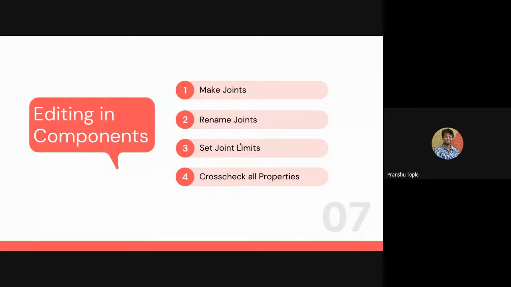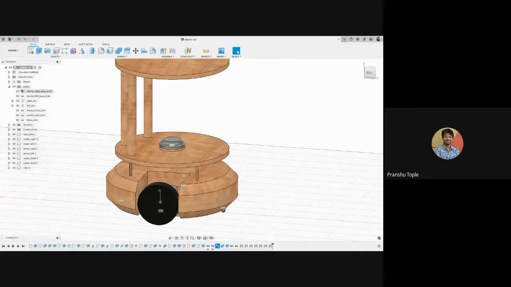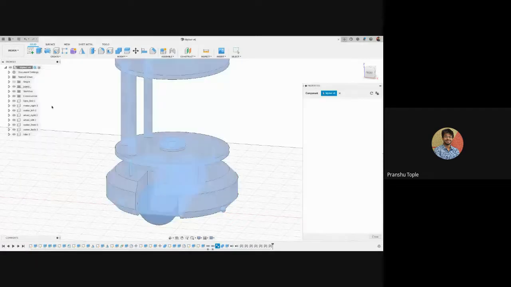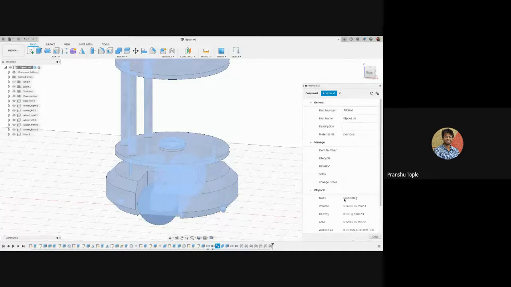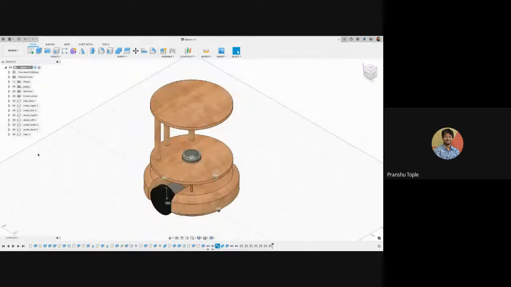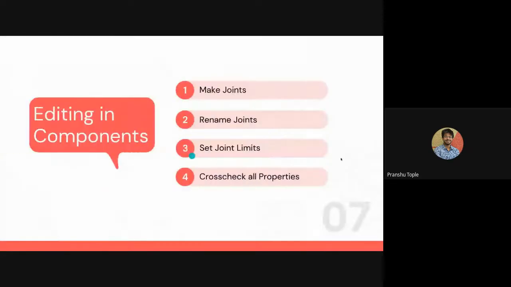But yeah, that is how you add joint limits and cross check all the properties. So just for an instance, I will right click on the robot name, properties, make sure the weight is proper. Yes, it is proper. That's it. And all the rest of the things will be calculated automatically.